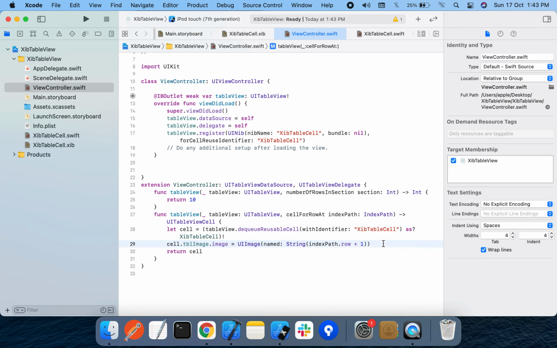So I have 10 lotus images, and I'm just going to use that. So all the lotus images I have updated the name as 1 2 3 up to 10. So the same logic I'm using here. So I'm converting the index path row. By default, index path row starts from 0. So 0 plus 1, it starts from 1 up to 10, 10 rows.